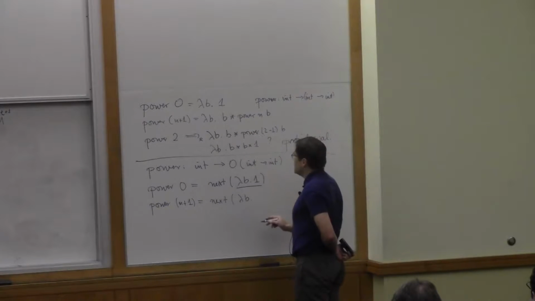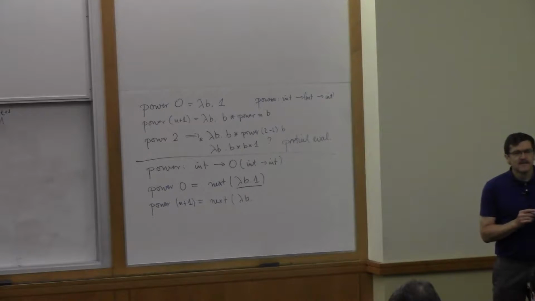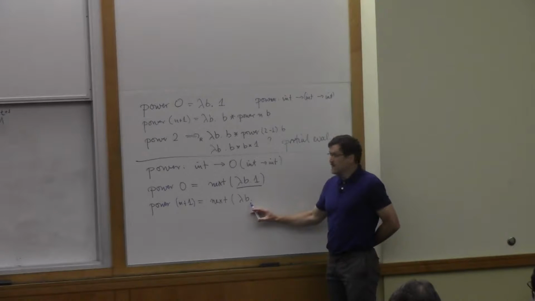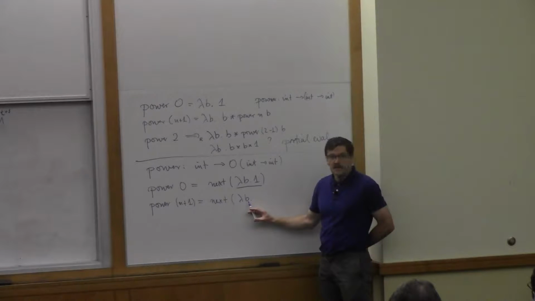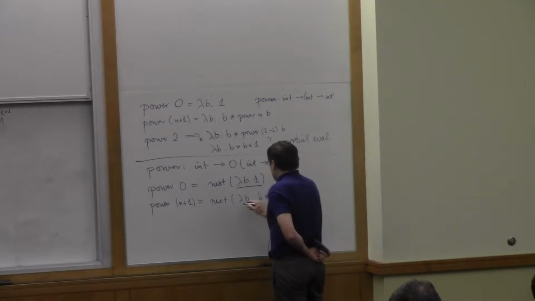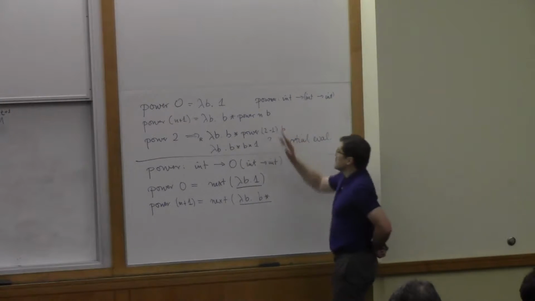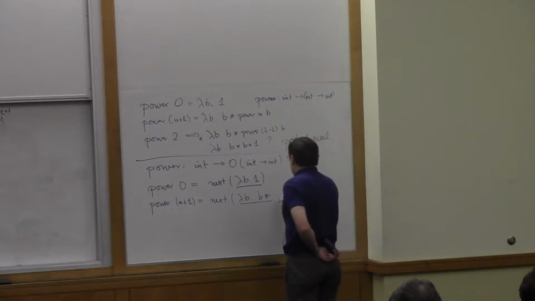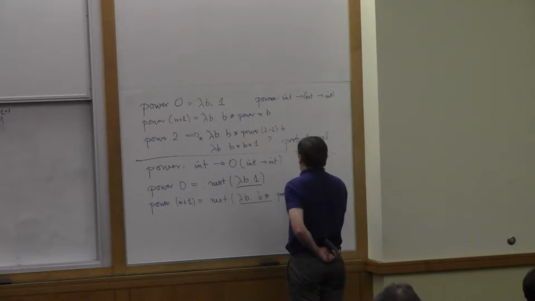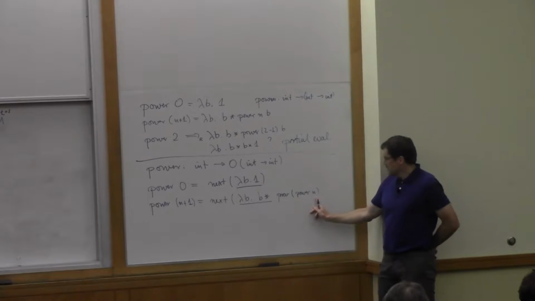So first of all, how about the b times? Is that at the right time? Because this variable b is at time 1, right? And the outside term is at time 0. You see that? That's a variable at time 1. So I'm going to say b times, and this is all going to be underlined. I'm okay with that. But I can't write power of n applied to b here. So what do I write instead? I write at the previous time, I take power of n. So now I have to be lucky, or prepared. Power of n, what's the type of that?